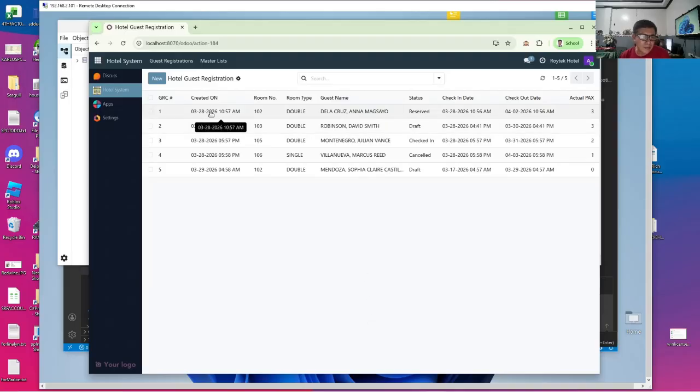We have created 5 models, 5 views. We have an interface with PostgreSQL. In the next videos, we are going to continue enhancing our user interface. We will do some validation checks, and then we will do some schedule conflict resolution, so that no two or more guests will be reserved or occupying a common room. That's not allowed in a hotel.